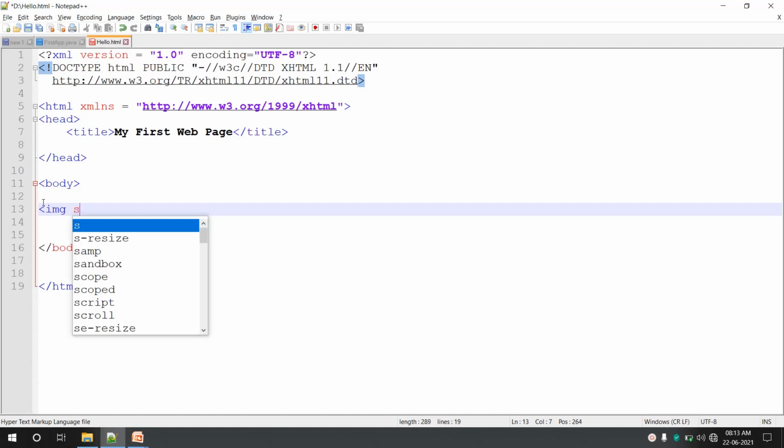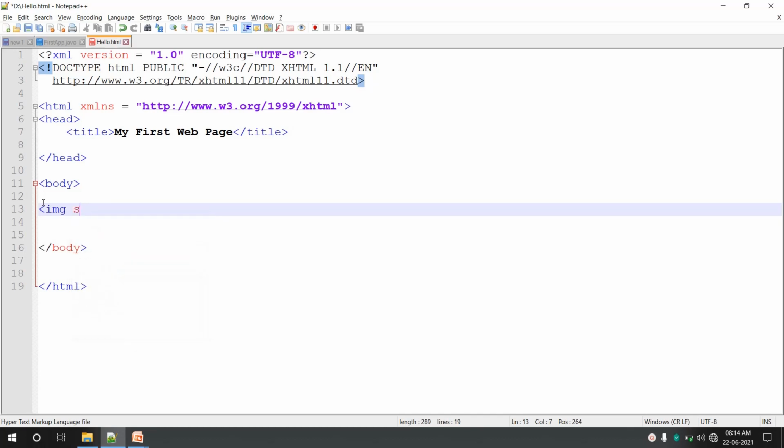Then the important attribute src, this is required, which is equal to the file name. The file has to be in the same directory where you have saved your HTML file. Remember, both have to be in the same directory, then only you can specify just the name.